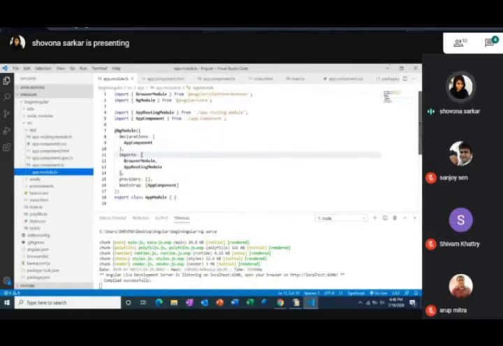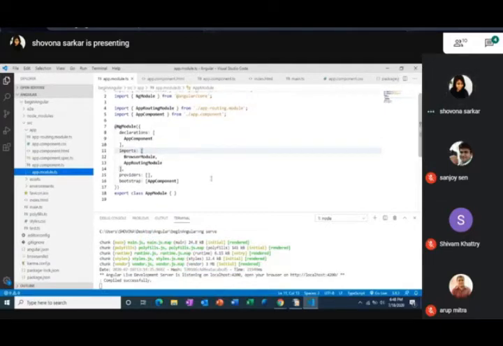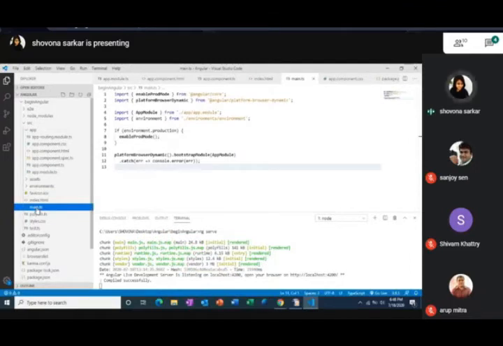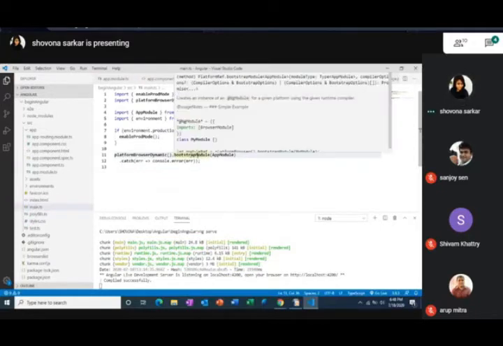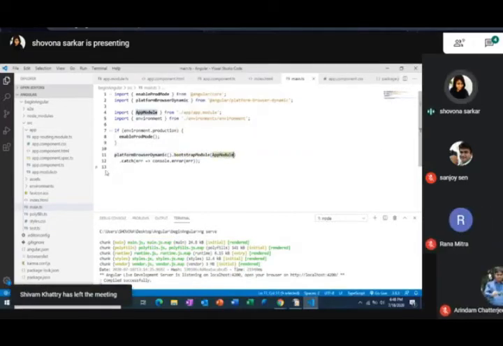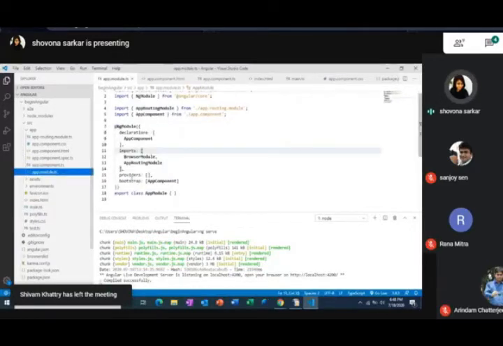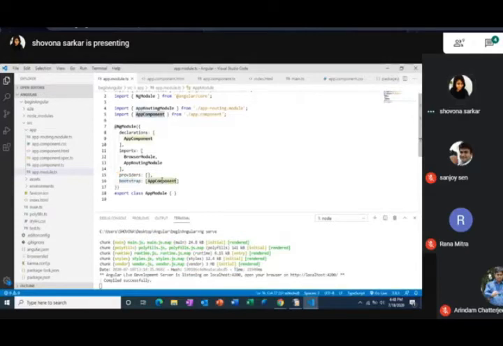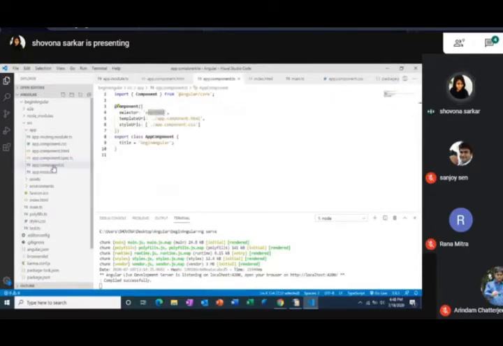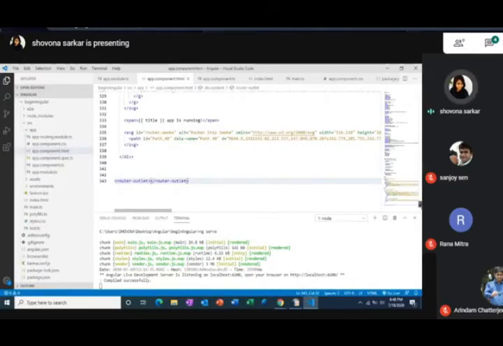First over here you can see this is the Angular module. This is a root module. Before this, let's talk about this main.ts. In this main.ts file, you will see this bootstrap app module. So it is kickstarting this app module, which is the main module. Inside this main module, you will see that it is again bootstrapping this app component. Now inside this app component, you will see that this app component has this class AppComponent, and there is a title 'begin Angular'. Now because we don't have any other components inside this app component,